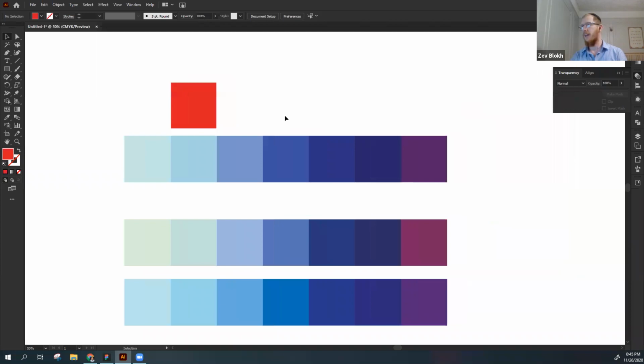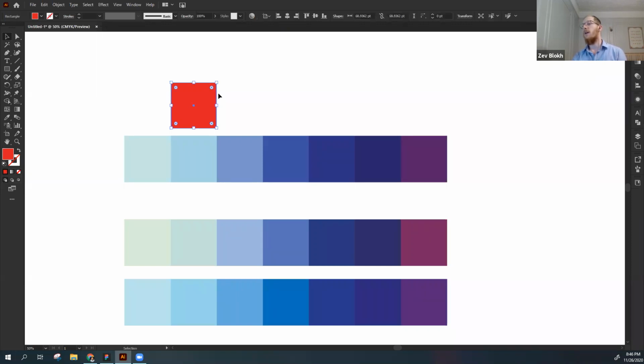Very cool. Okay. And now there's one more thing I want to introduce, and that is, how do you save a color that you really like? So obviously one way is to just have a bunch of these squares of different colors you like and just set them on the side, maybe on a different layer, and lock that layer so that your colors don't get deleted by accident. But there's a much more efficient way to do that. So that's a valid way to do it, but there's a more efficient way, which is that